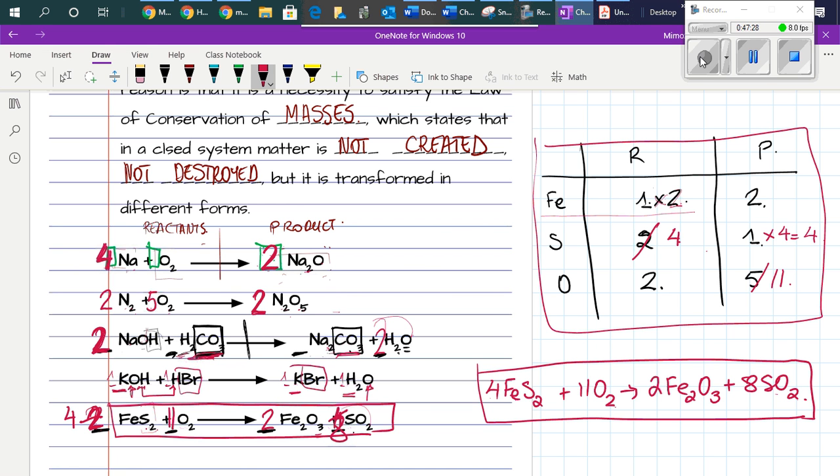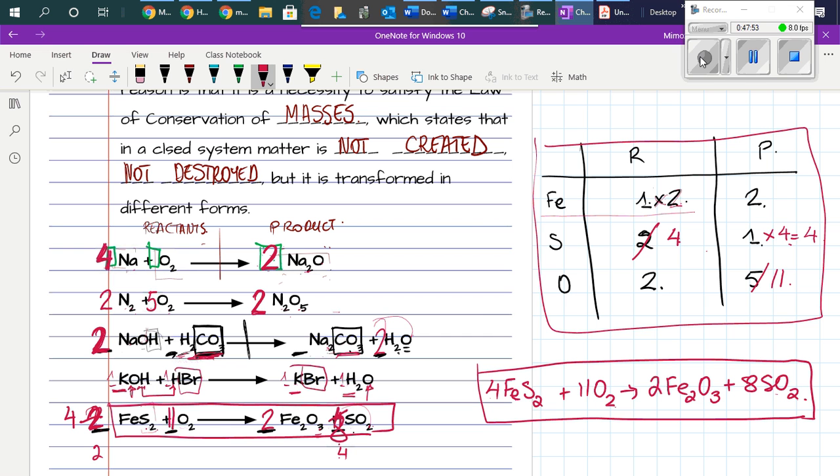What do we have to do to make sulfur 4 on the product side? We multiplied by 4, and by doing so, we are affecting the oxygen, which now becomes 4 times 2,